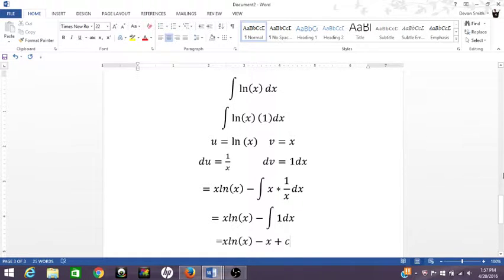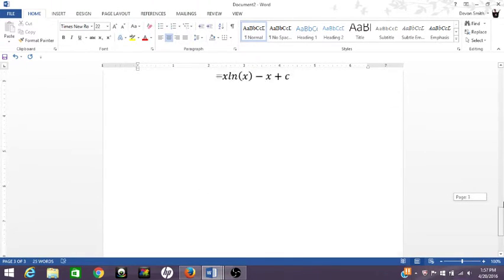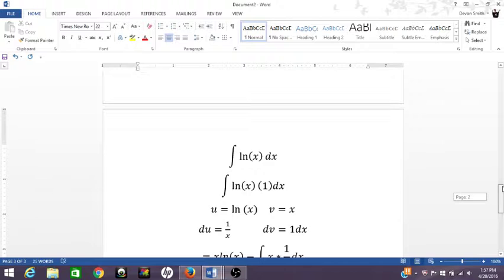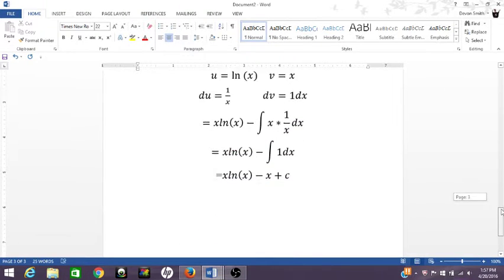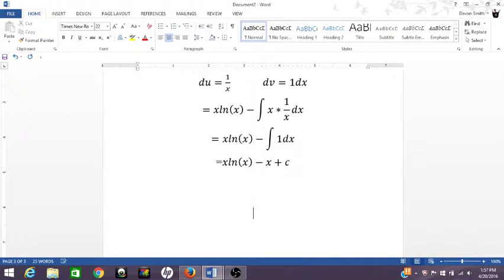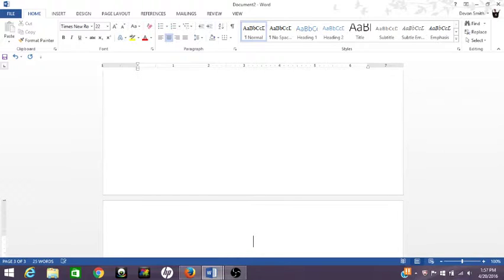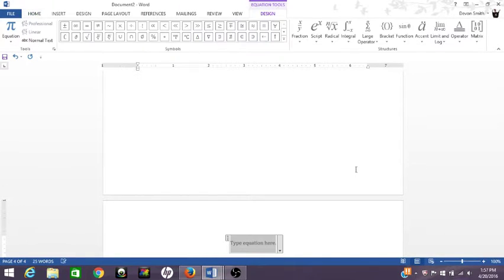And another thing I want to talk about before we go on is tabular integration. Tabular integration is a really handy way for dealing with repeating integrals. So basically, let's say that you have something that looks like 2x squared plus 5x minus 11 times